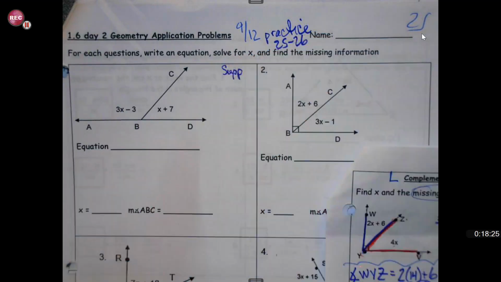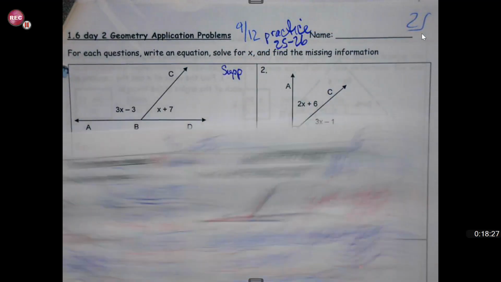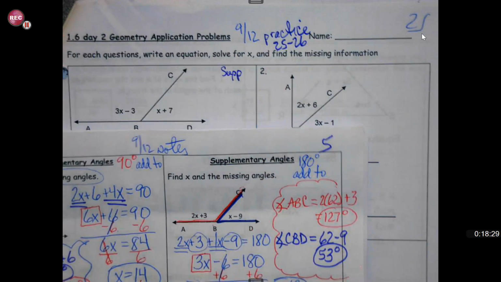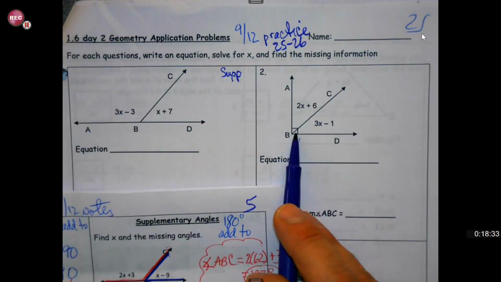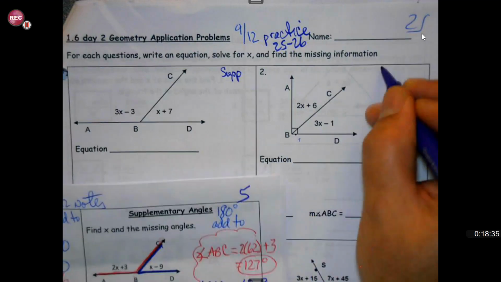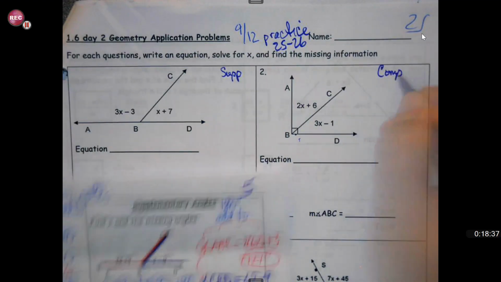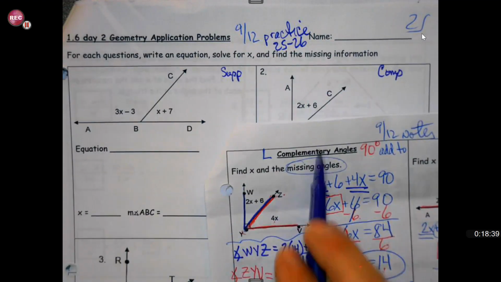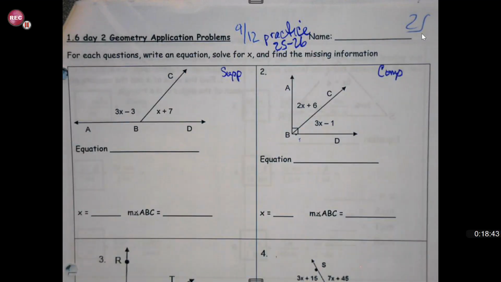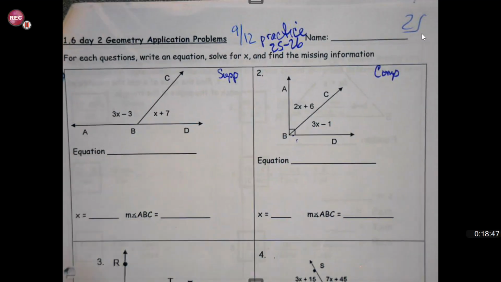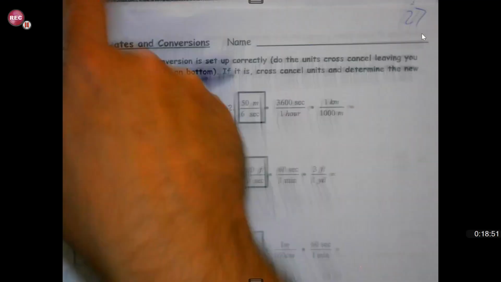So I'd use my supplementary angles, the 180, to get there. But if I see a little right angle there, that's going to be when I'm using my complementary angles. So every single one of these throughout this page on 25 and 26 is going to give me,